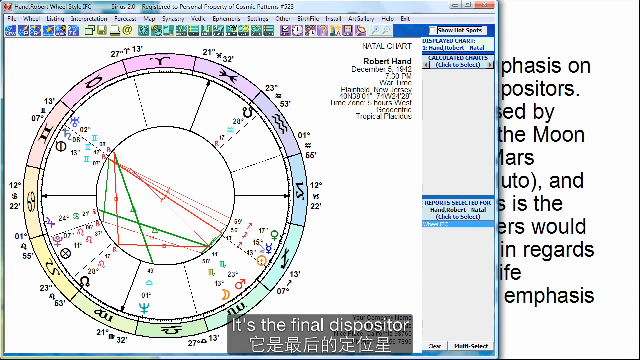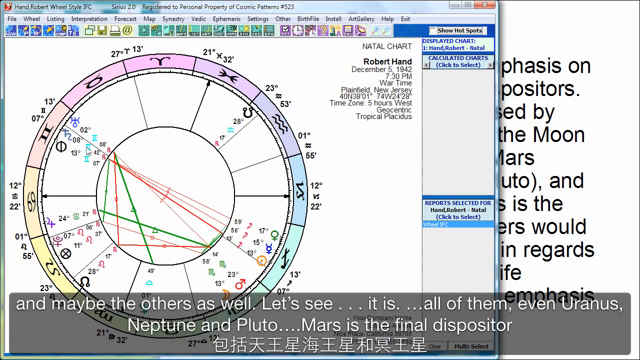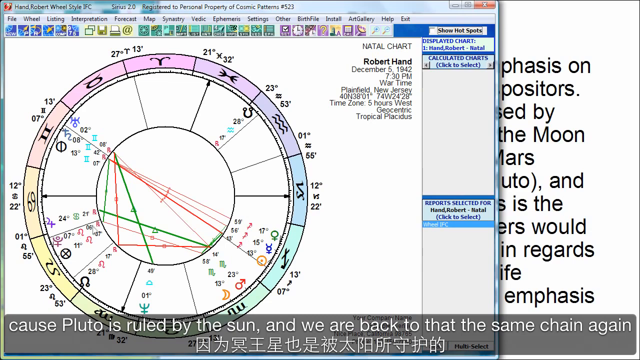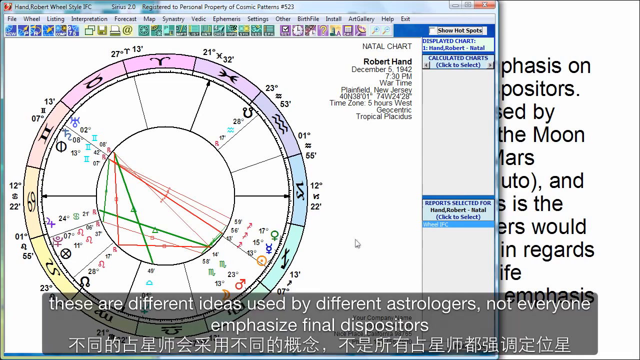It's the final dispositor. And maybe the others as well. It is of Uranus, because that goes to Mercury, Neptune, Pluto, of all of them, even Uranus, Neptune, and Pluto. Mars is the final dispositor, because Pluto is ruled by the Sun, and we're back to that same chain again. These are different ideas used by different astrologers. Not everyone emphasizes final dispositors,